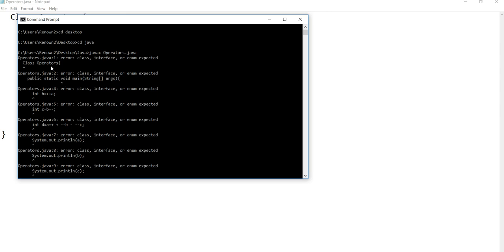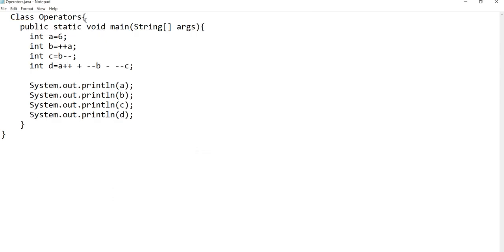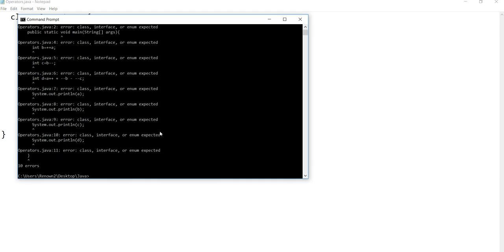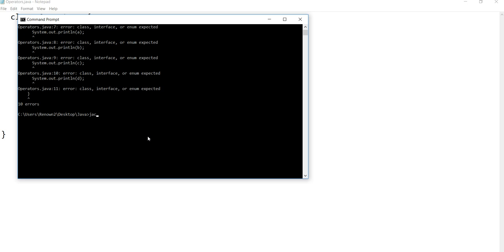Looking at the code, the closing braces and static void main are okay. The error points at public class Operators. Here, sorry, the c in class should be small. Then save and run this again. javac Operators.java.